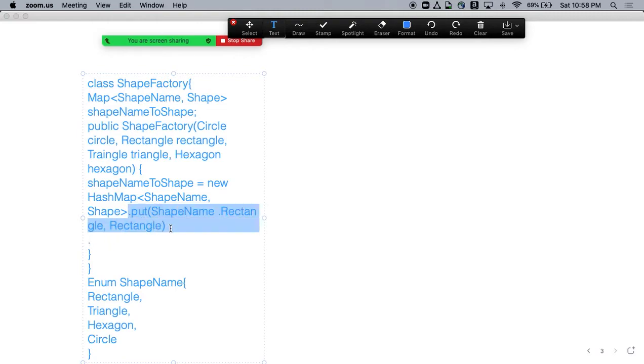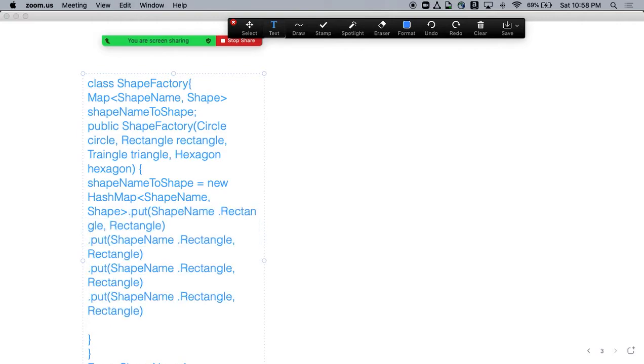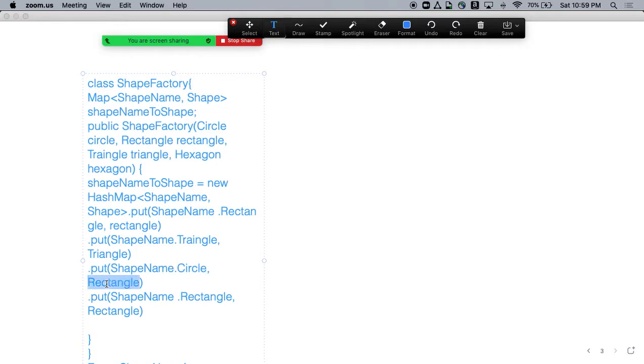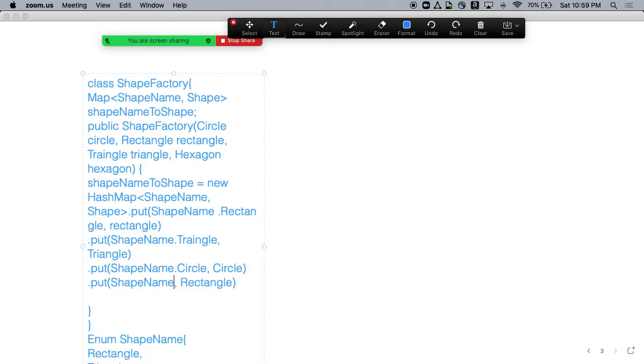Let me just rewrite it: ShapeName.RECTANGLE with Rectangle, ShapeName.TRIANGLE with Triangle, ShapeName.CIRCLE with Circle, ShapeName.HEXAGON with Hexagon, right?